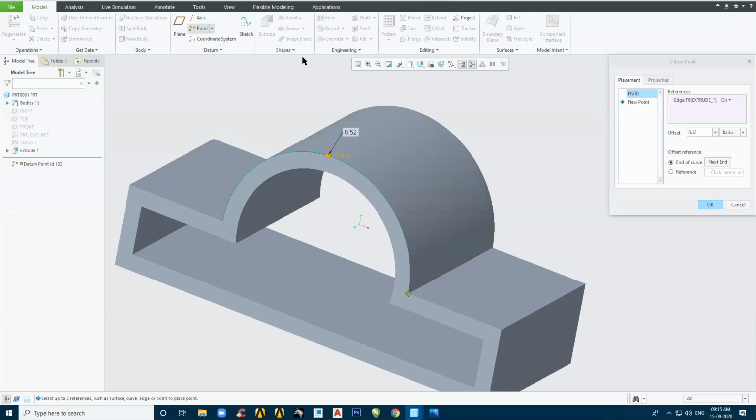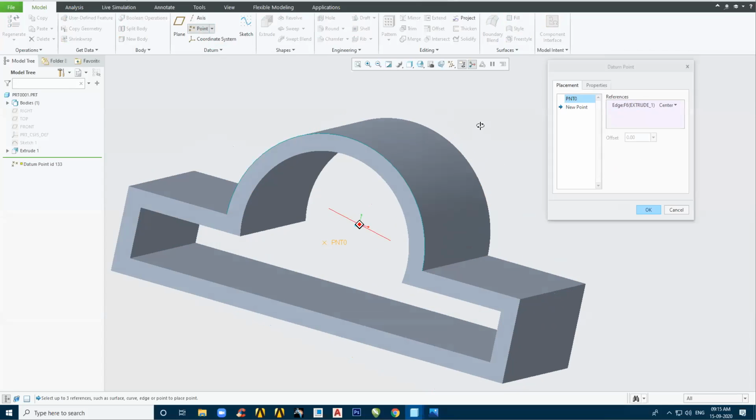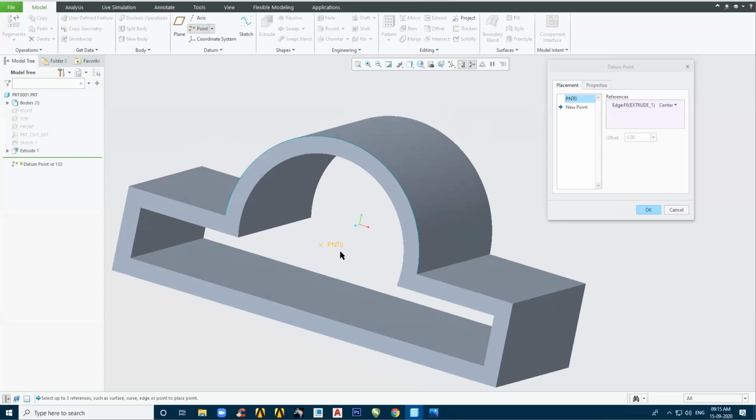After selecting the curved edge, you will notice that your point has been drawn at this location. Now what do I do to come exactly in the center? It is presently on. I will change it to center and it's done. You will notice that this PNT0 has been generated.